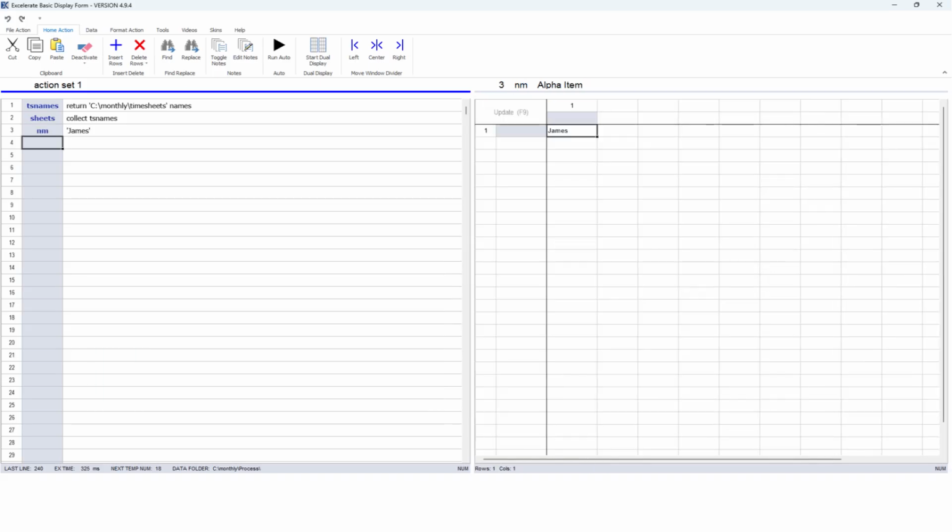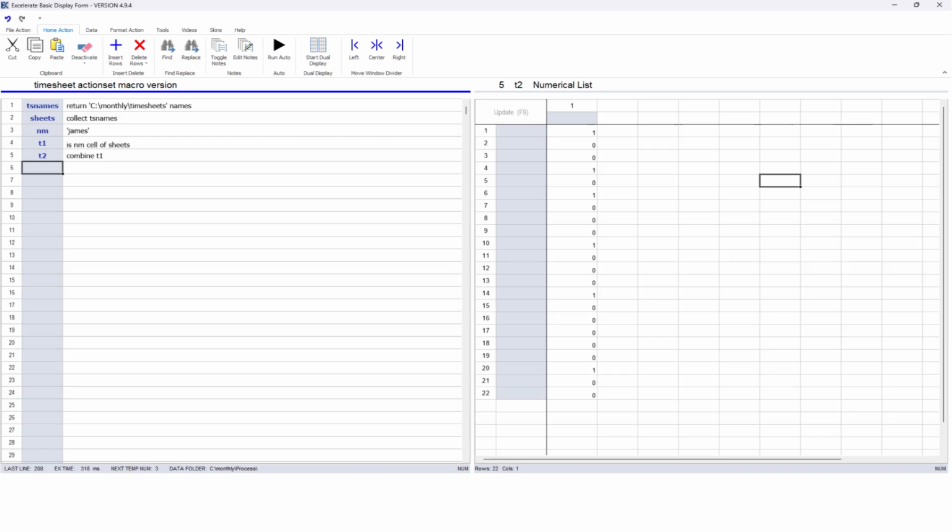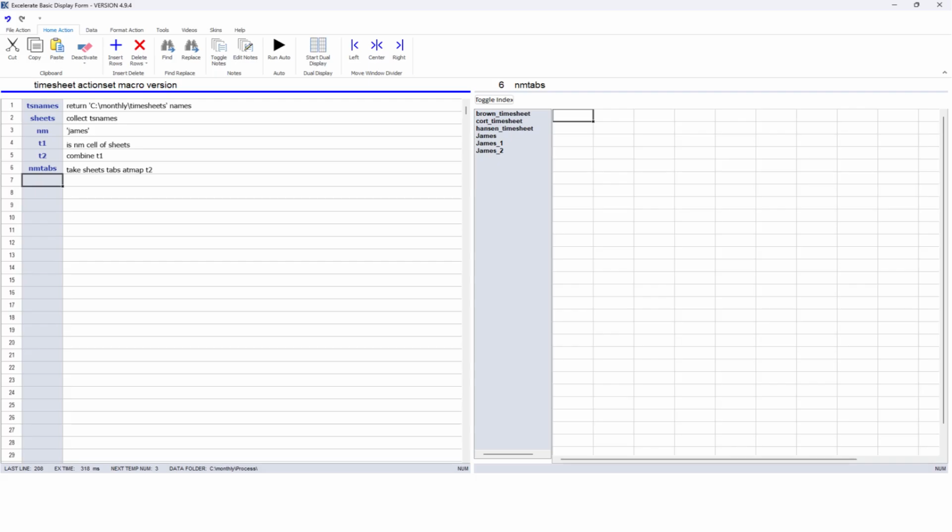First, we select the client's name. This operation returns a value of 1 if the client name is present in the table and 0 if it is absent, applying this check across all tabs simultaneously. When a table action is implemented on a stack, it operates on every tab concurrently. We aggregate these zeros and ones into a map, which enables us to accurately select the tabs referencing the specific